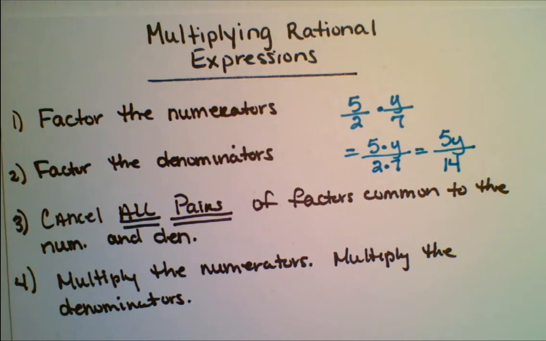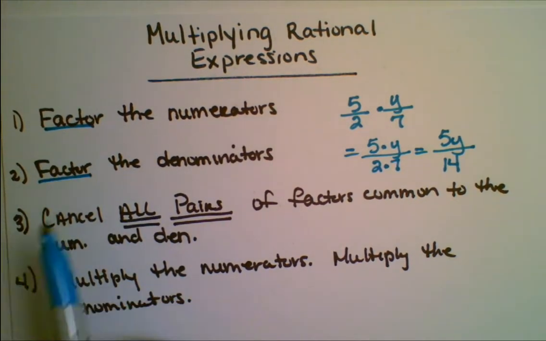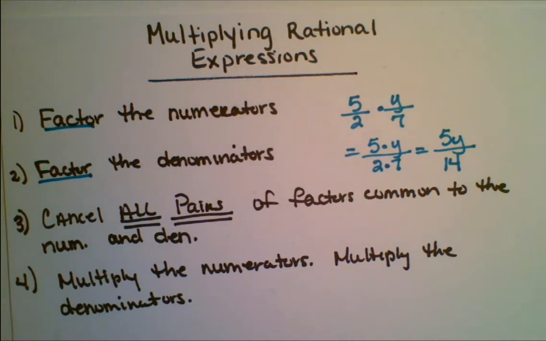So going back to the original definition for multiplying fractions, this is what we would use. Numerator to the numerator, denominator to denominator that we're multiplying. But since we're looking at multiplying rational expressions, we have to first factor the numerators, then factor the denominators next, and then we'll cancel all pairs. And lastly, we'll bring together the numerators and denominators by multiplying. So let's take a look at one example